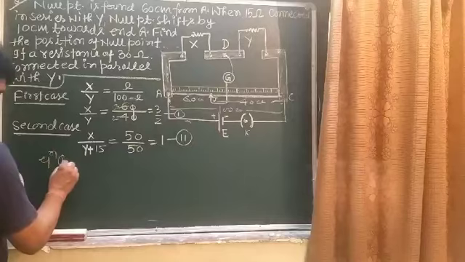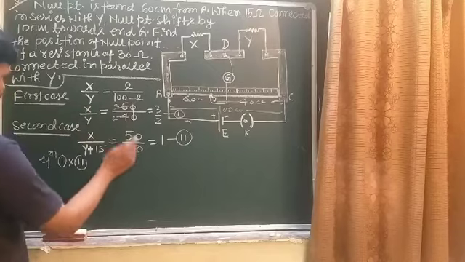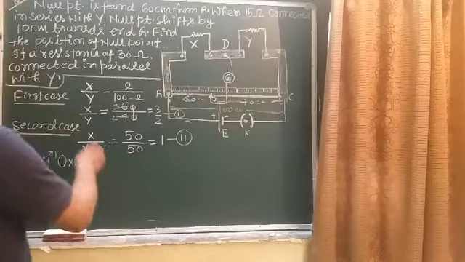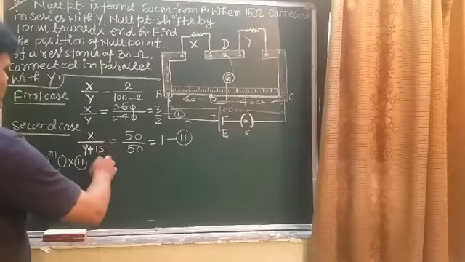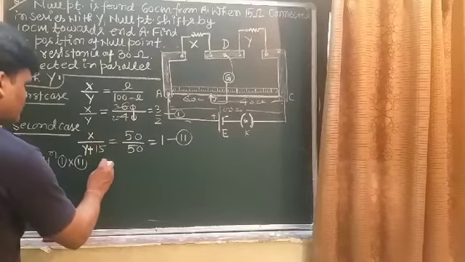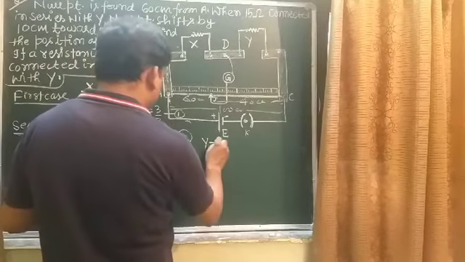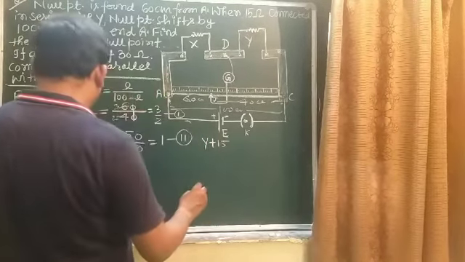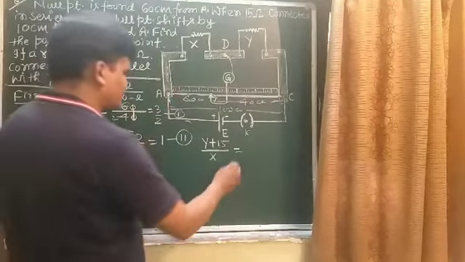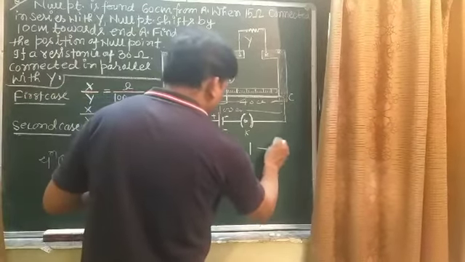Equation 1 multiply equation 2. So here that is x by y. The reciprocal of this comes out to be y by y plus 50, y plus 15 by x, which is written as 50 by 51. One reciprocal, that is 1. This is not equation 1, this is equation 2.